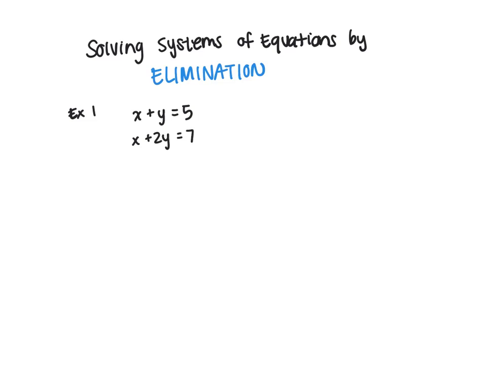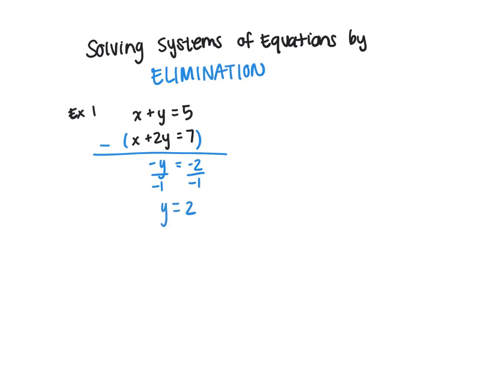Using process of elimination, we could go ahead and subtract this to get one equation. So if we have x minus x, we're going to 0. y minus 2y is negative y, and 5 minus 7 is negative 2. So if negative y equals negative 2, we can divide by negative 1 on both sides, and we get y